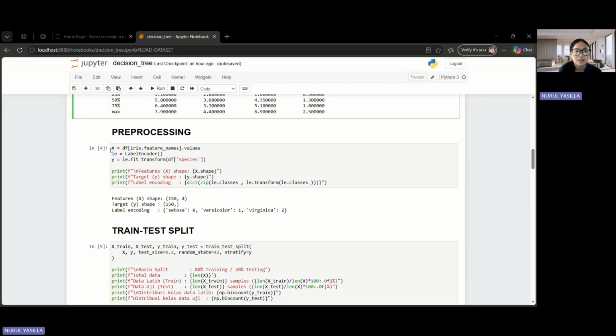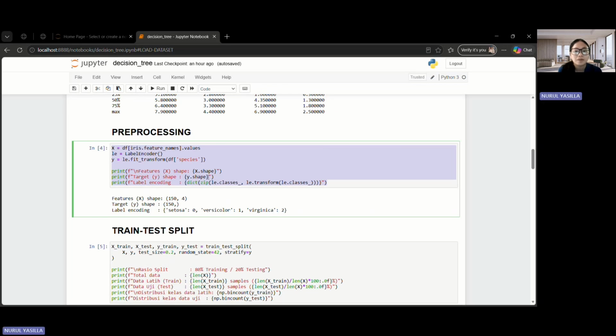And next, pre-processing. The pre-processing stage prepares the data to be fed into the model. The numerical features are separated from the target column and stored as array X. Class labels that were originally in the form of Setosa, Versicolor, and Virginica are converted into numbers 0, 1, and 2 using LabelEncoder.